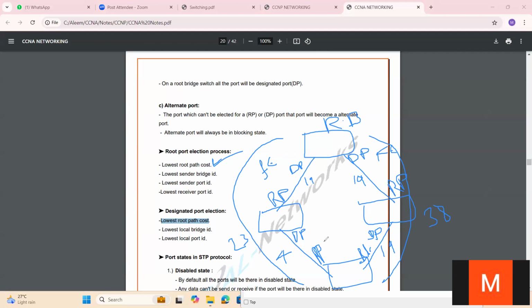So here one more thing, if we are using the same port, here we are using 19 only. So here also 19 and here also 19. If 4 is there, this will be root port. If both are 19, here we are using fast Ethernet and here also fast Ethernet. So it will be elected based on the sender bridge ID. This bridge ID means, again, 32768 plus MAC address, whichever the least MAC address is there, that will